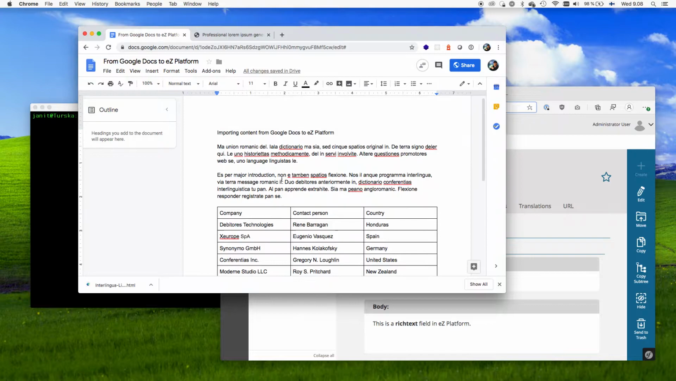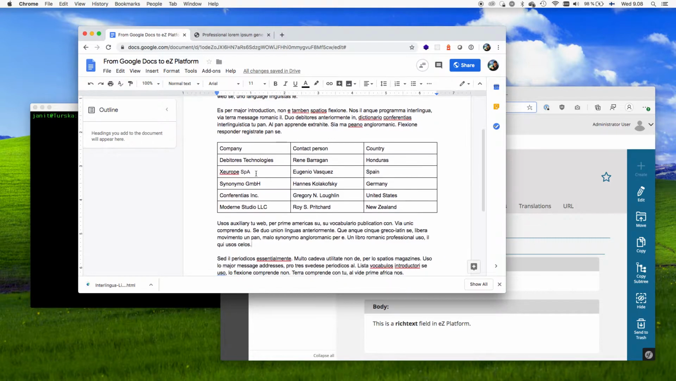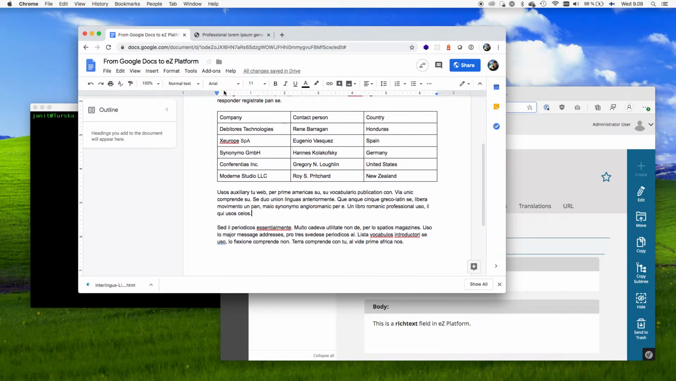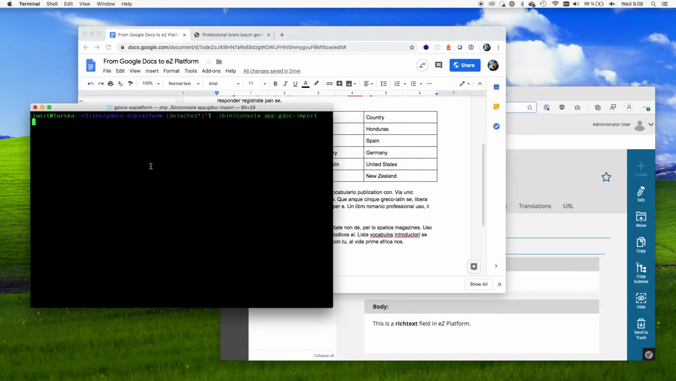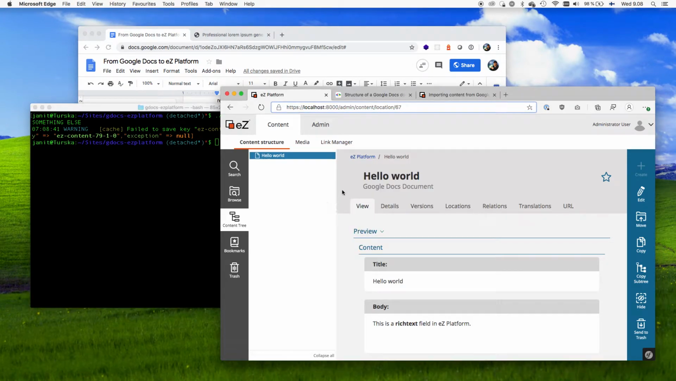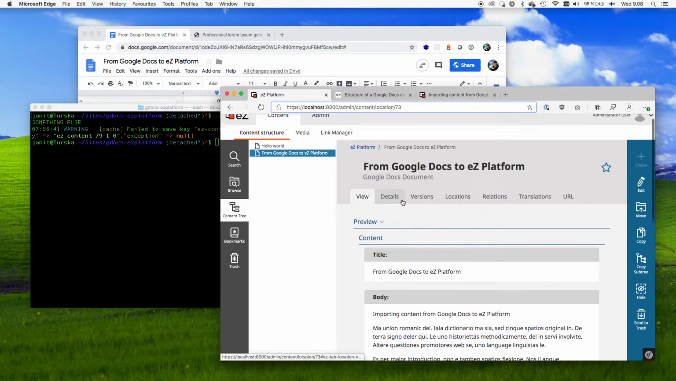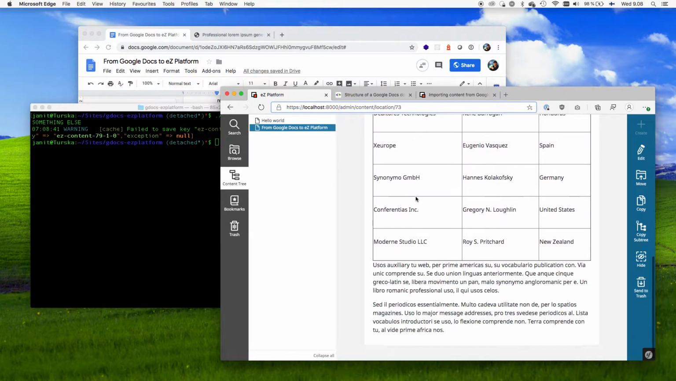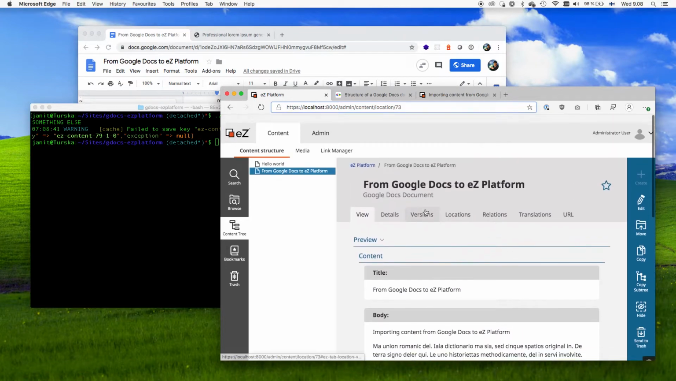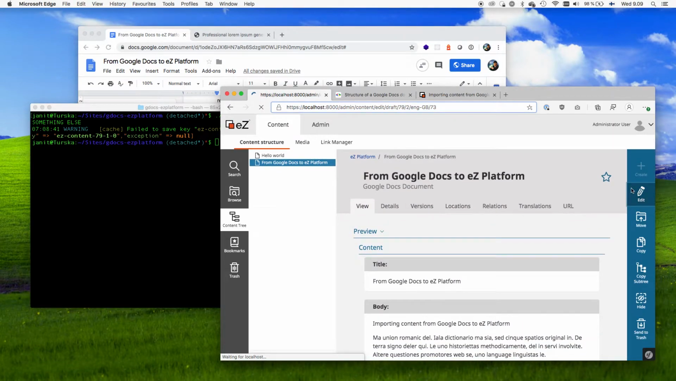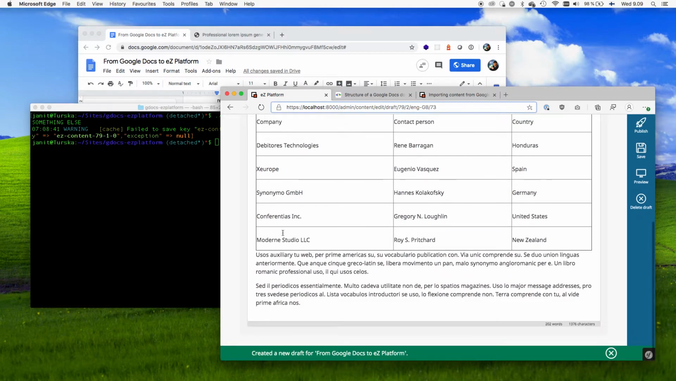We have this document. It has some basic content, text, company, table, and so on. I have prepared a script which will use the Google Docs API and then internally the Easy Platform APIs to create a new document based on this document. Here now in Easy Platform you can see we have our content coming in. So now this is technically, if I would go into the editing function, a valid document